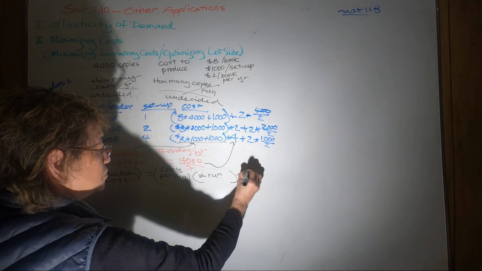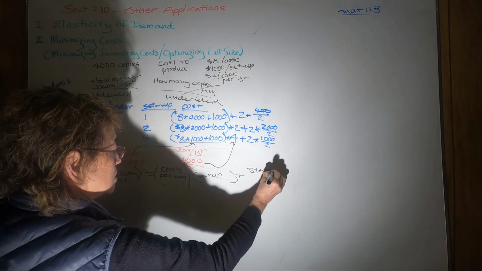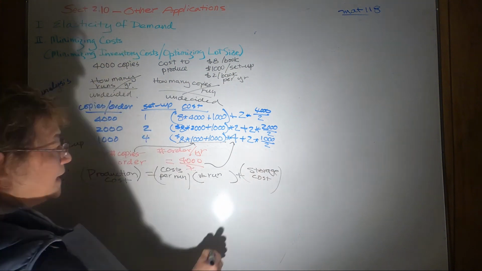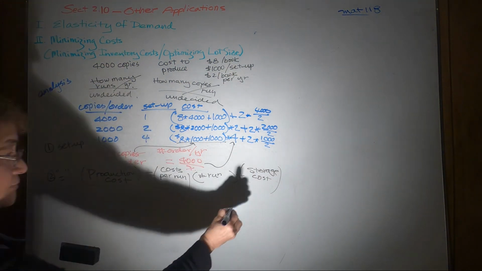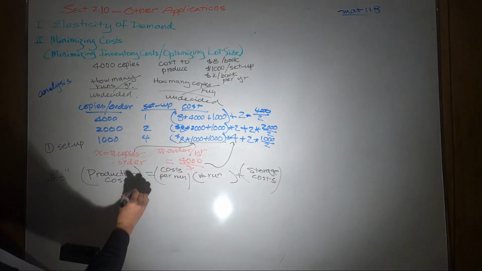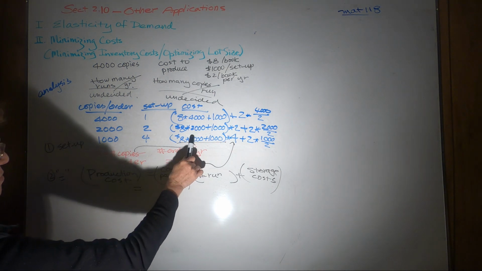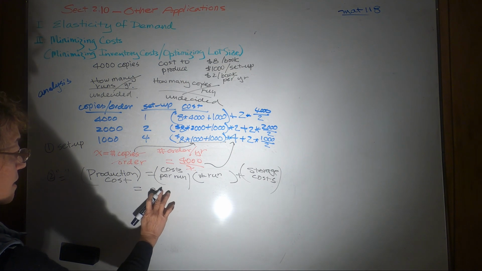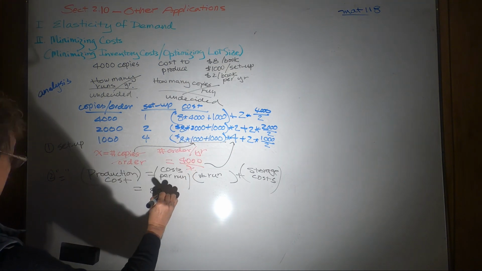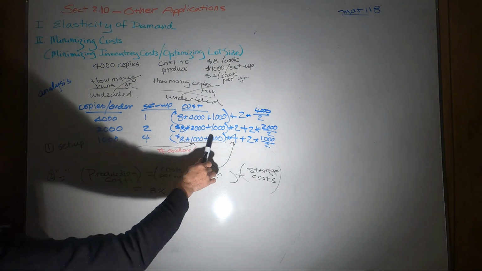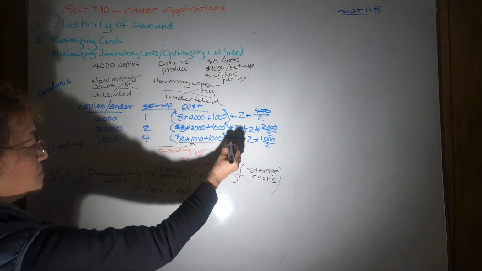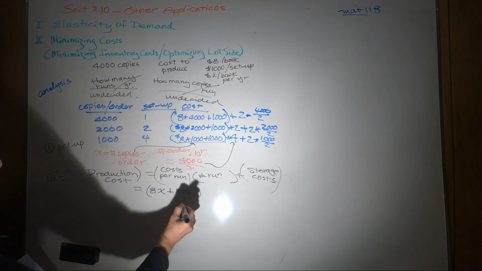Plus what? Your storage cost. Is that right? Okay, so cost per run would be this. That would be $8 times the X, right? Plus $1,000,